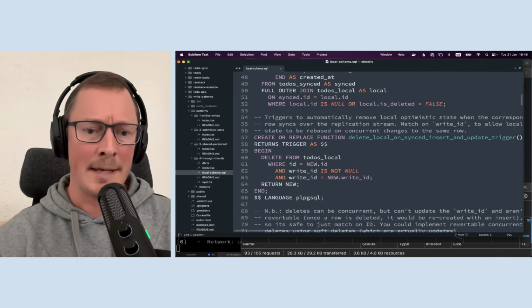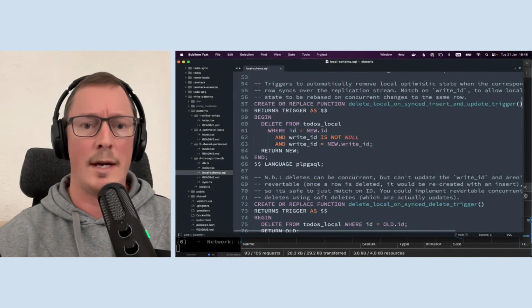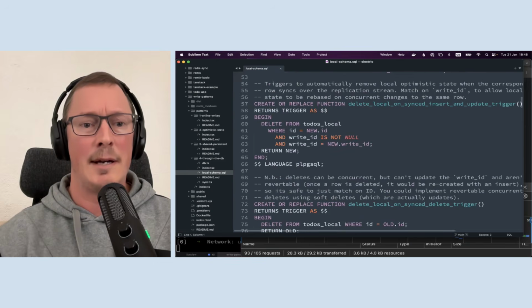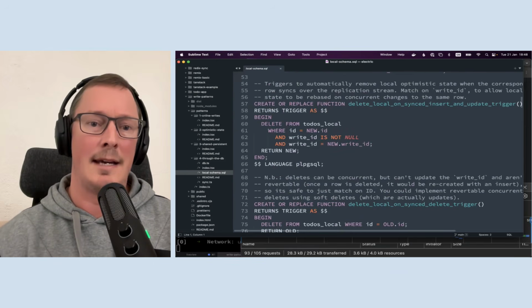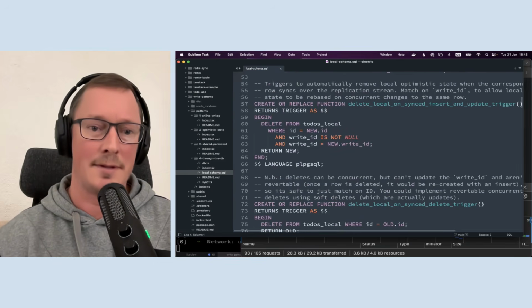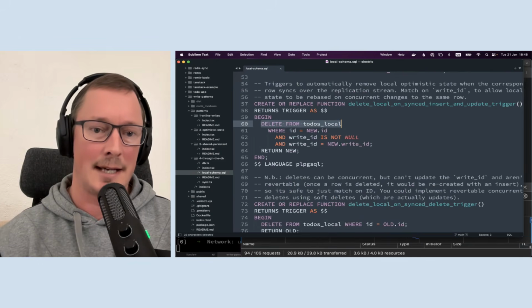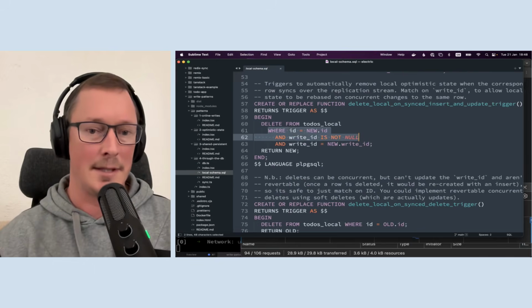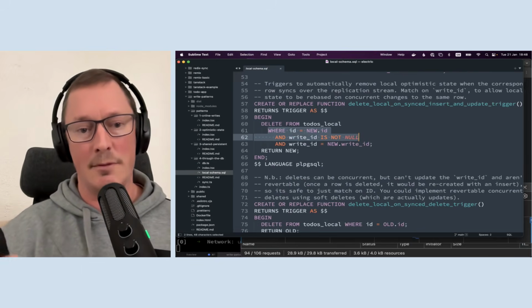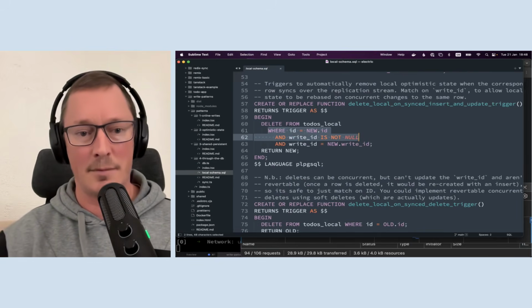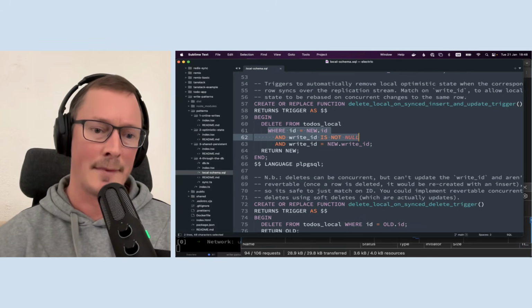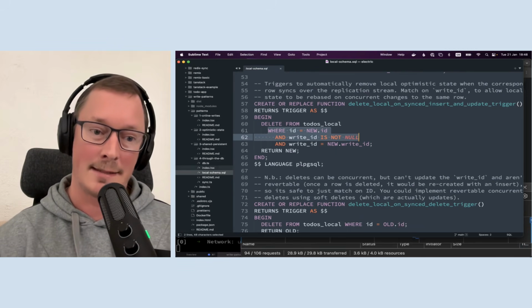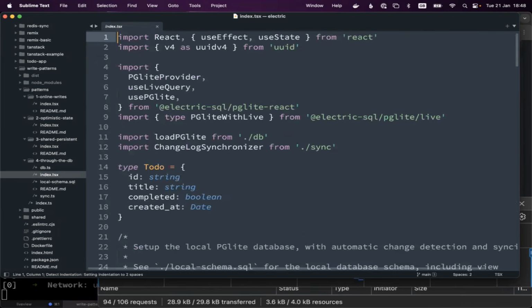Also, when you stream in a new item to the synced tables, it looks for the optimistic state matching on this write ID, and removes the local optimistic state. So the optimistic state is removed in almost exactly the same way as the last example with the shared persistent pattern. And with that complexity there, if you actually look at the application code, it is extremely simple.